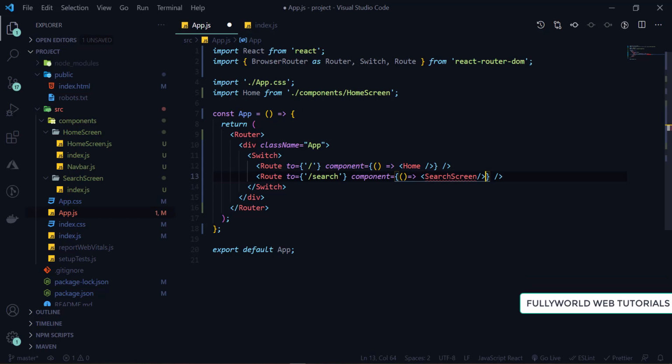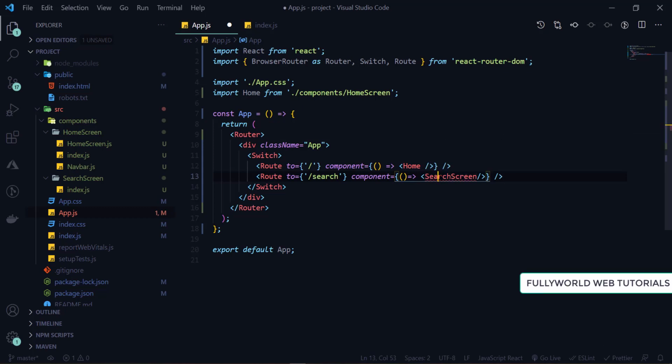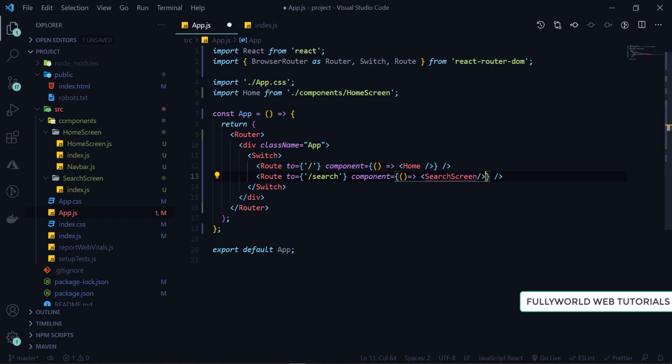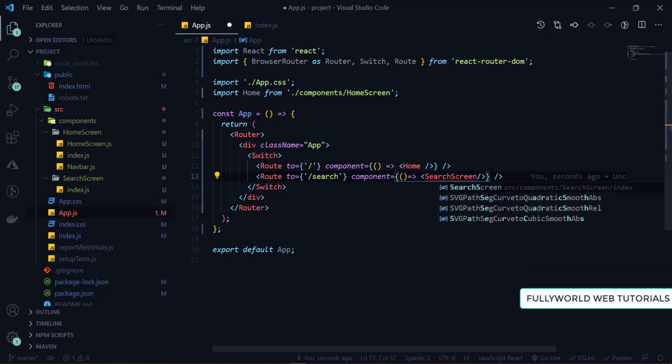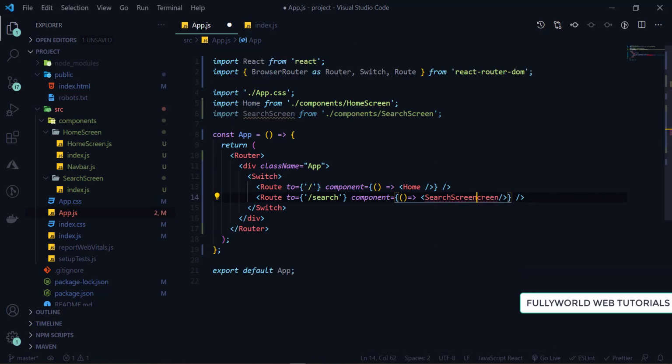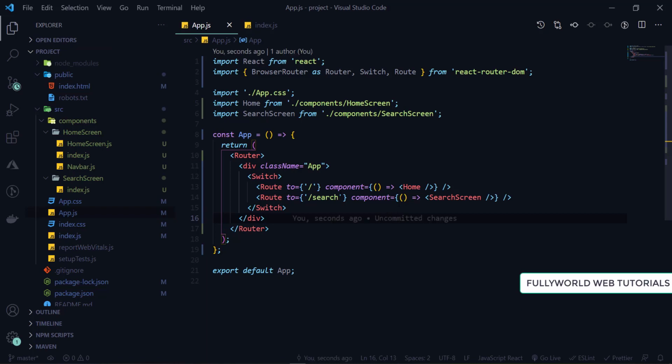I think the SearchScreen component is not defined, so press Ctrl+Space. See that when you press Ctrl+Space and click on the first one, it will import SearchScreen for you. So this is our search screen only. Just save it, and now let's see if our router is working or not.